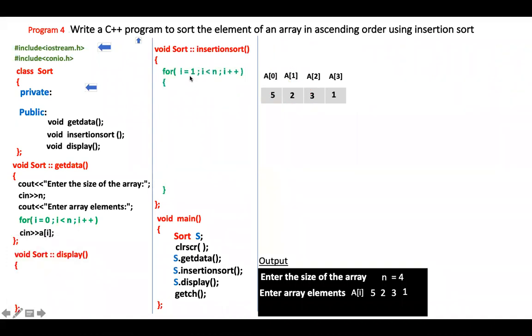I'll write a for loop: I is equal to 1, I is less than n, I plus plus. So I is equal to 1 starts from A of I. Now I less than n. What is the value of n? It is 4. So less than n, less than 4, is 3. So up to here, what do you have to do? Your for loop, you have to carry the iteration.